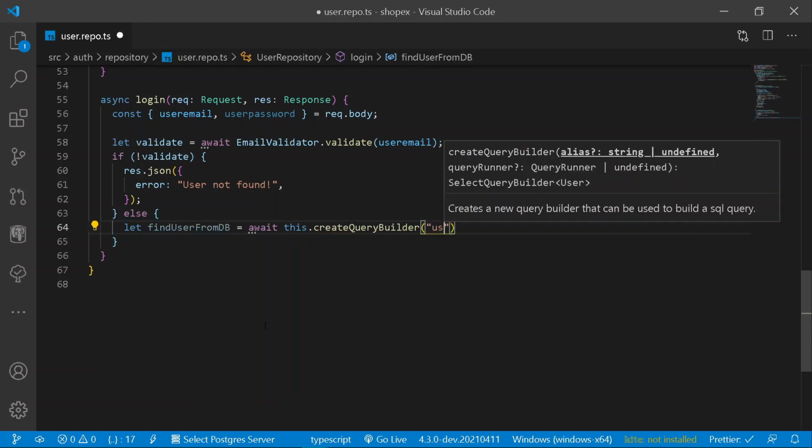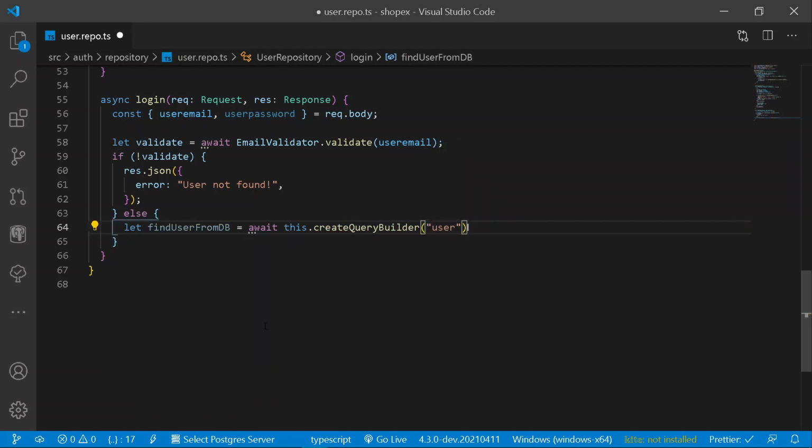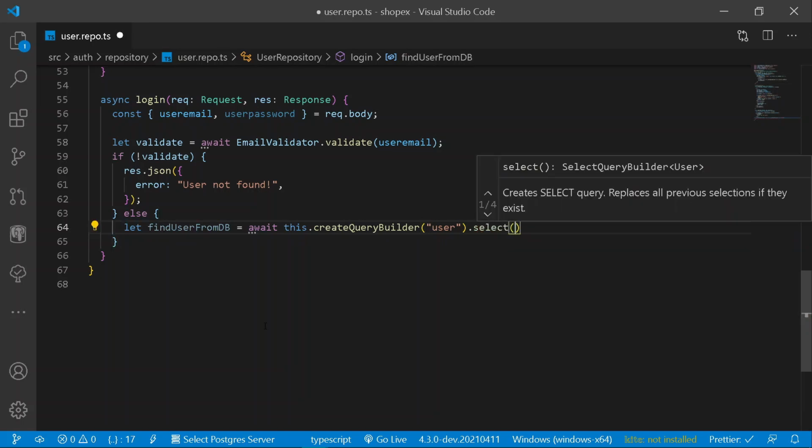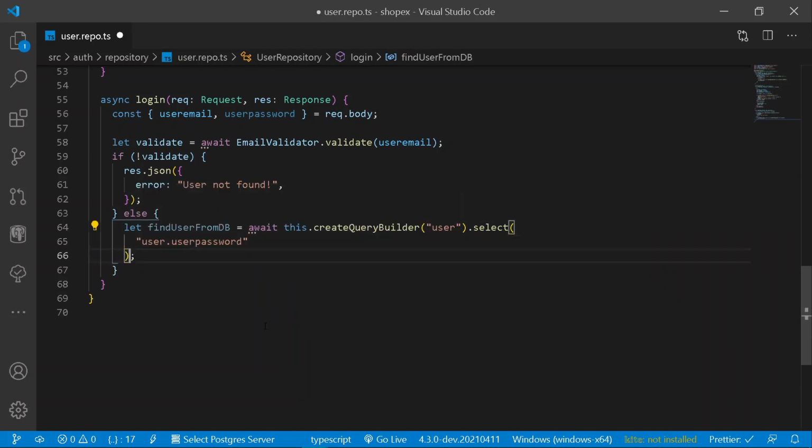And under this we need to present here a table from which we need to query all of our data, and from our users table we need to simply select a user's password. So for that purpose I will be calling user dot user password, just like this. And once we have got our user password up and ready, I am going to be comparing the following user email who has entered under our following section with our current email.